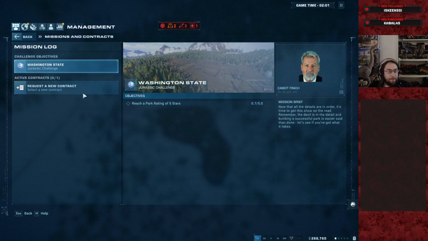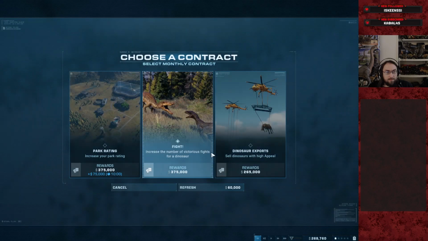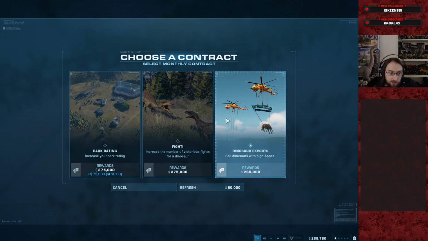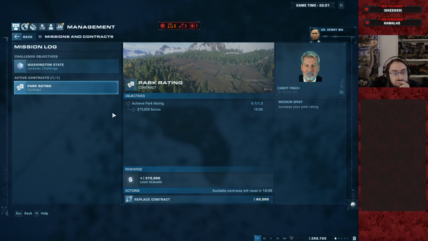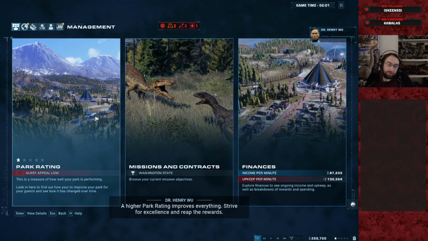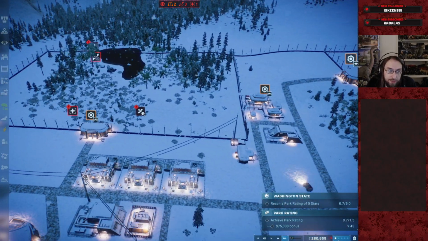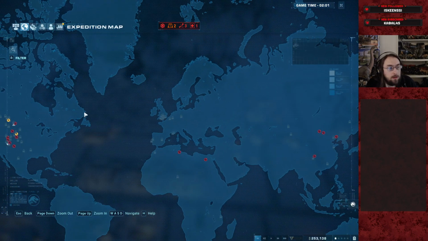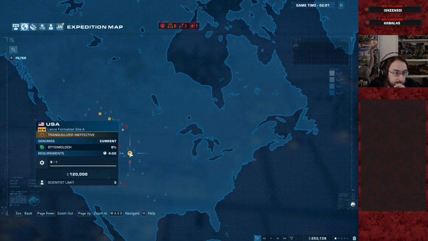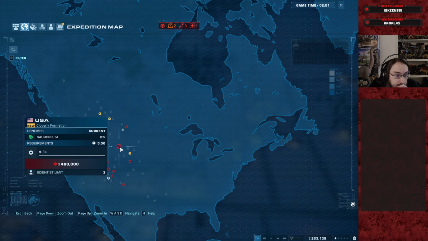Okay, contracts, give me those. What do we got? Not great. Not a great spread. We could do park rating. It's unlikely. I mean, maybe it does 1.5. A higher park rating improves everything. We actually might be able to hit 1.5 here. The rewards. Because I saw us at like 1.3 at one point. How much is Styrac? If we get Styracosaurus, then we're probably doing pretty good. 200k? Is it? There's no way it's...